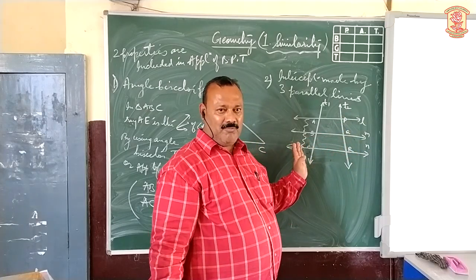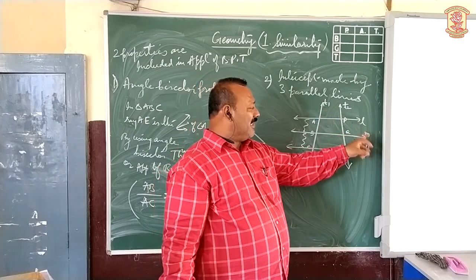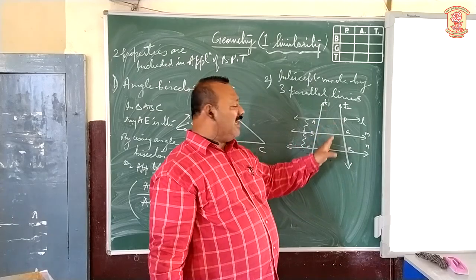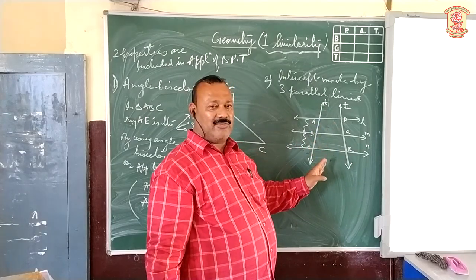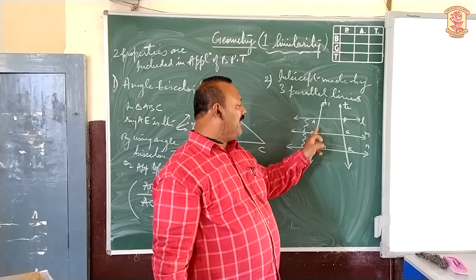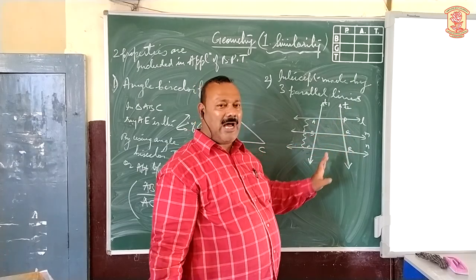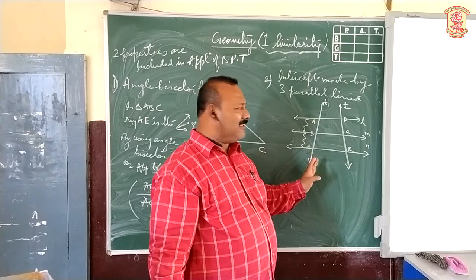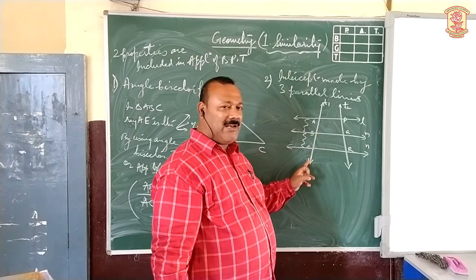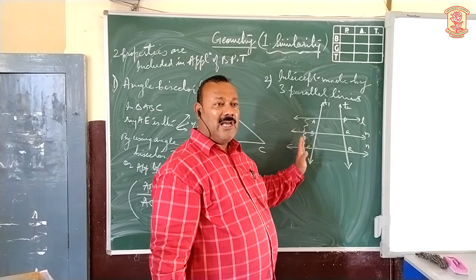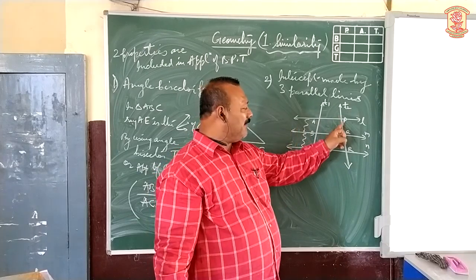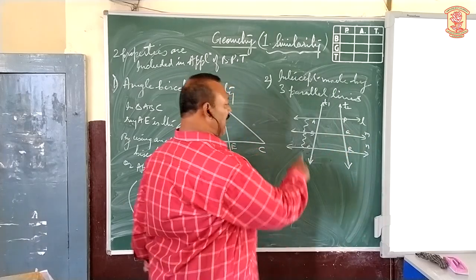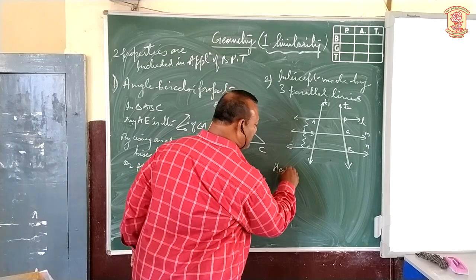Both are equal. The three parallel lines are, once again, lines L, M, N. These three parallel lines are intersecting the two transversals T1 and T2 in points A, B, C and in points P, Q, R. What the theorem says, this is an application of BPT, is that the intercept made by the three parallel lines on one transversal also equals the intercept made by the three parallel lines on the other transversal. Now here, what is the main condition required?